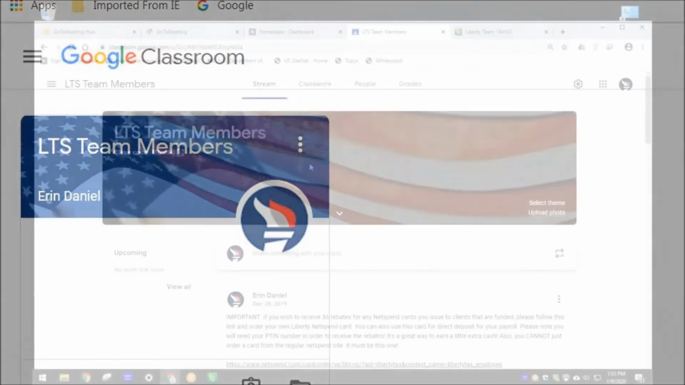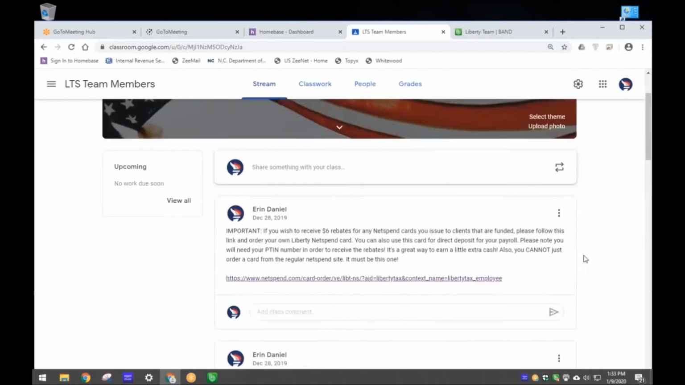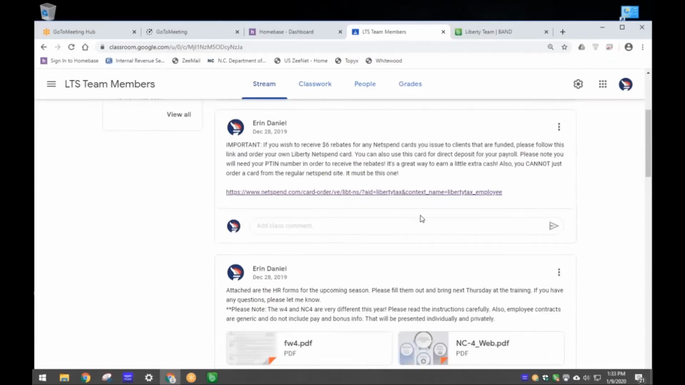So I've created 2 teams. I have one actually for my team members, and I created one for tax school students so I could upload reference material and so forth. This has a timeline feel. Many of you may know what this looks like, but what I like about this is you're able to add on and post